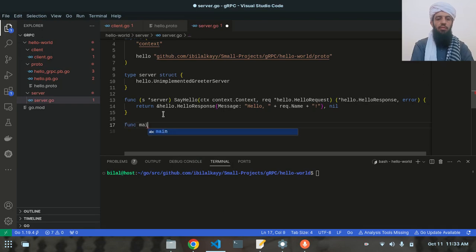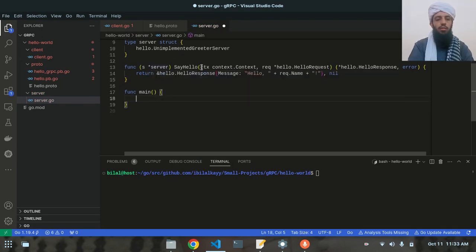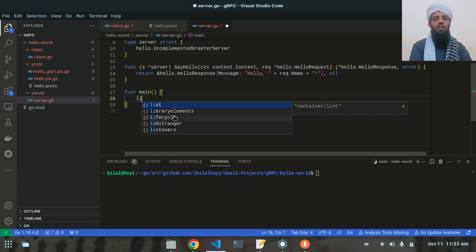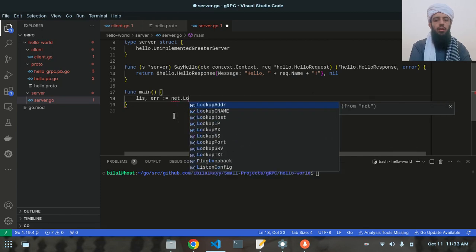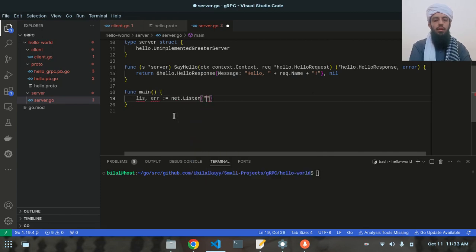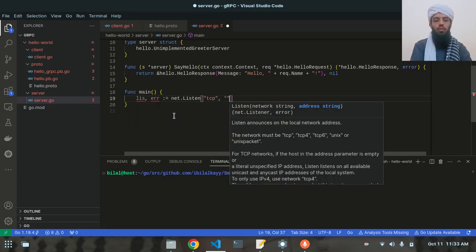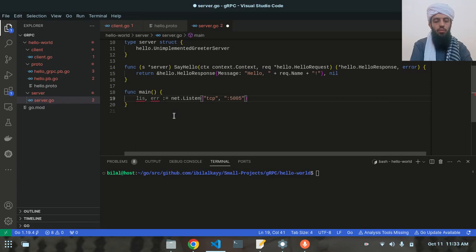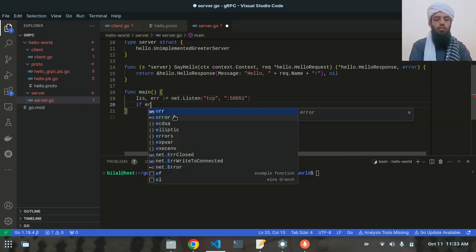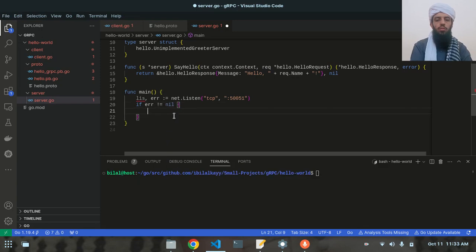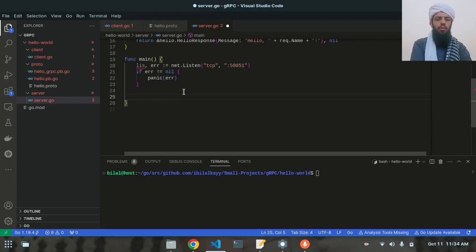So after that let's write func main, and I will call this function here, this SayHello. And now let's write lis, err := net.Listen, then tcp. So I will use the TCP protocol with 50051. If err not equal to nil, then panic err, and after that let's write